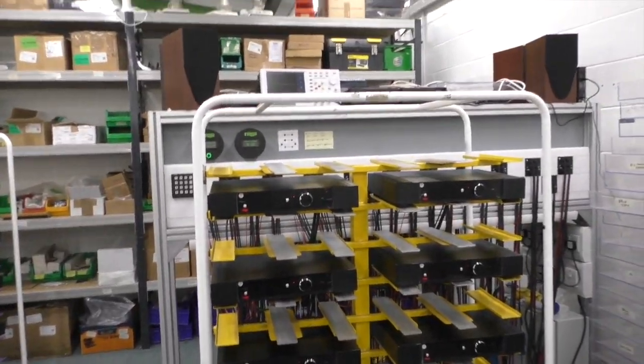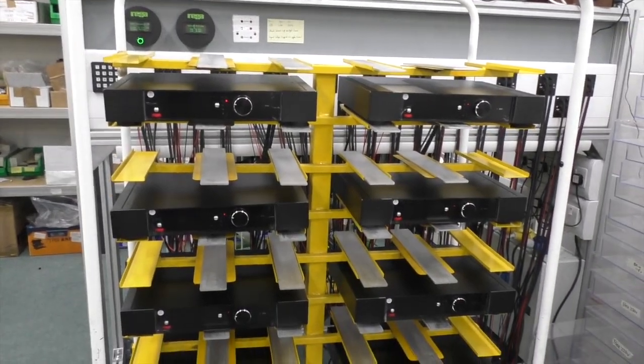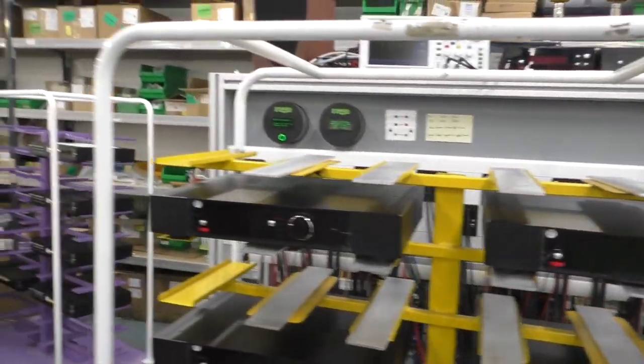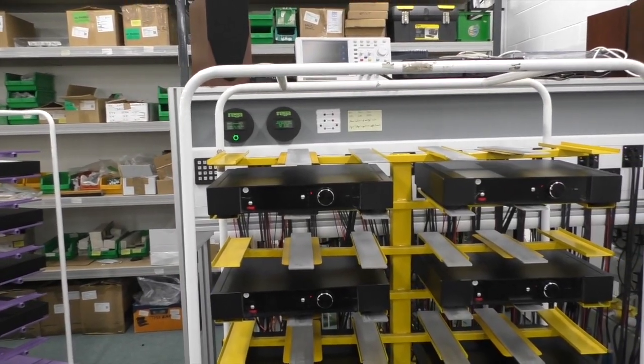So every unit has to go into this and gets tested. The soap test is individual for each product, highlighting what could or may put in for the test cycle. How long does a unit stay on this? Depends on the product. It could be